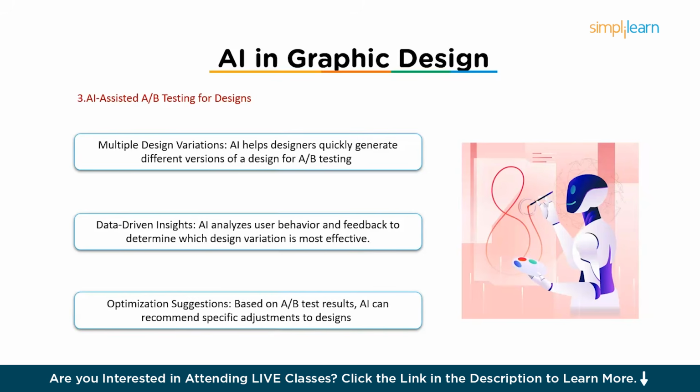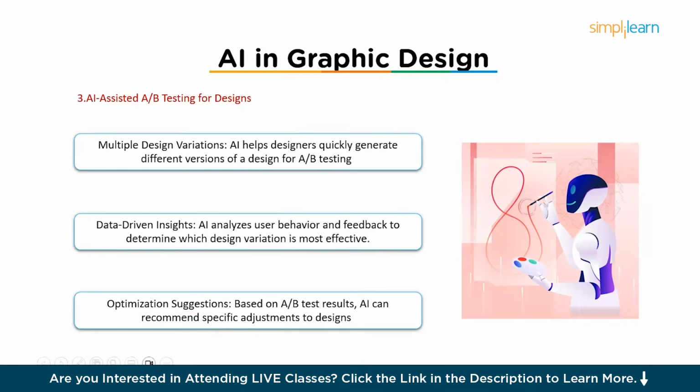Then we have optimization suggestions. So based on the A/B test results, AI can recommend specific adjustments to the design, such as changing the color of a button or rearranging the layout to maximize the performance, enhancing conversion rates or user engagement. So in a sense, AI acts as a co-creative partner in the design process, making it more efficient, innovative, and data-driven. In the next chapter, we will see building a visual identity